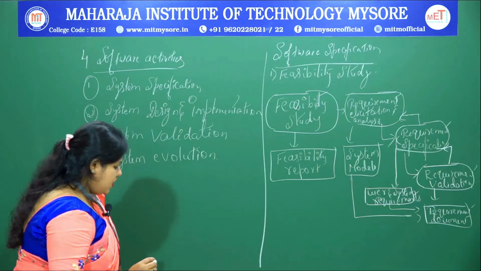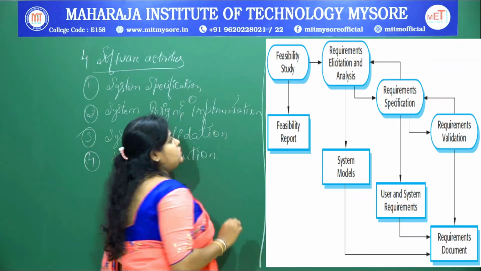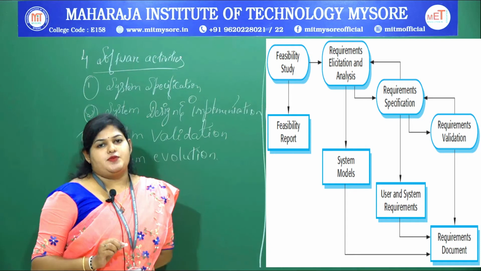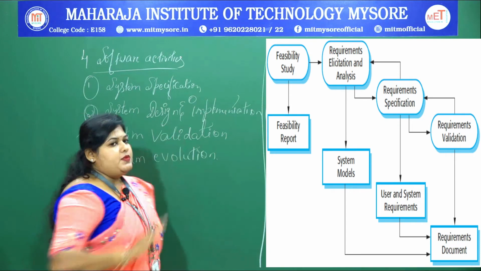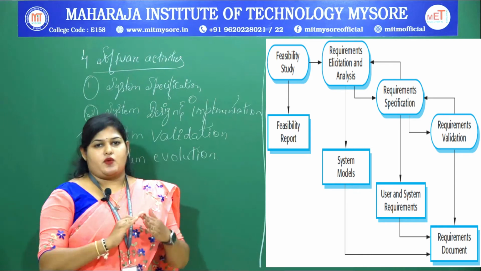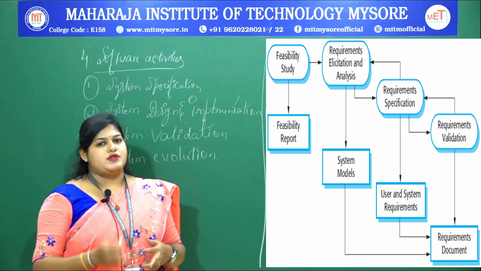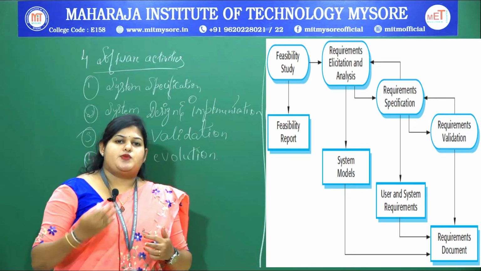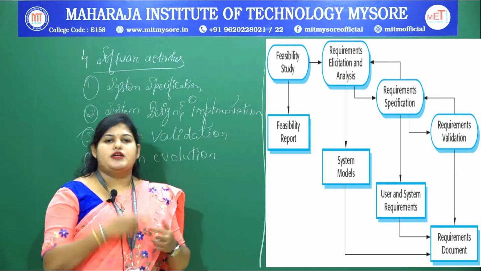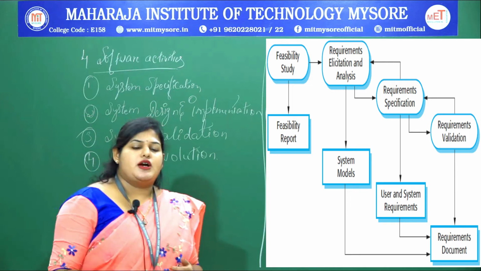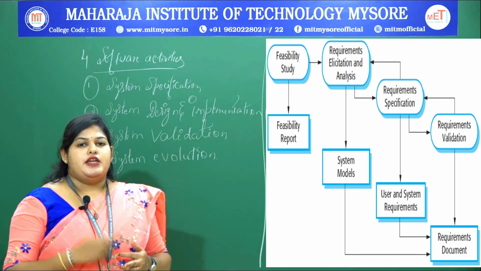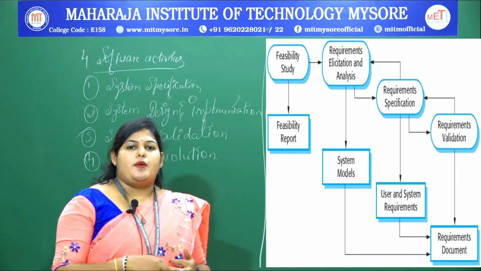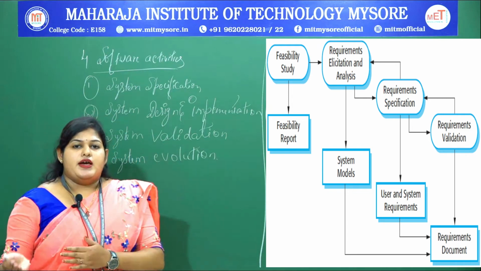Now we shall analyze how the software specification process actually undergoes. Software specification is nothing but collecting the requirements from the customers or the clients. Once you have collected the requirements, what is the next process? We need to be sure that all the requirements gathered from the customers can be executed. As a software engineer, you need to analyze how these requirements can be converted into the required executable system.